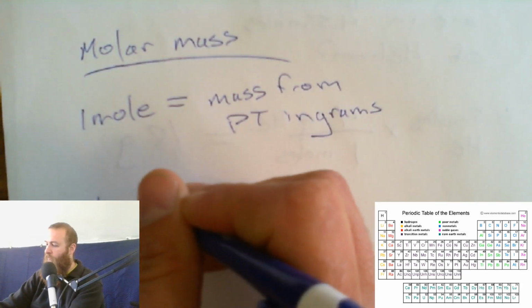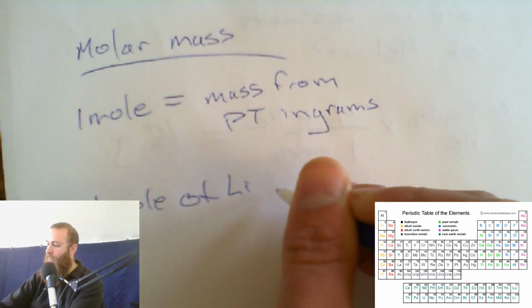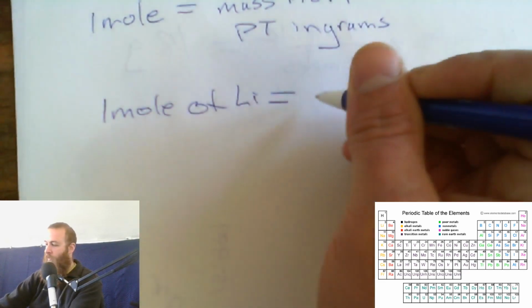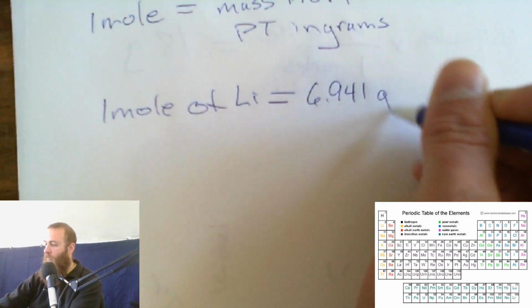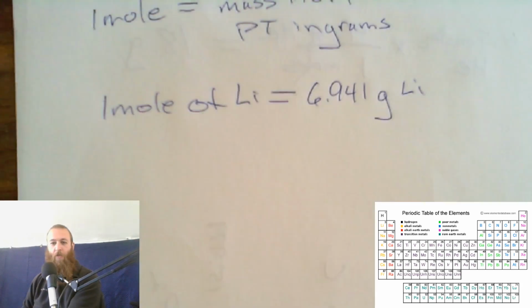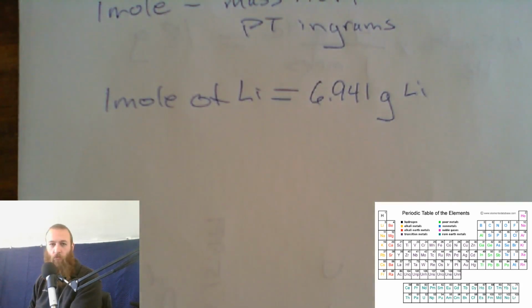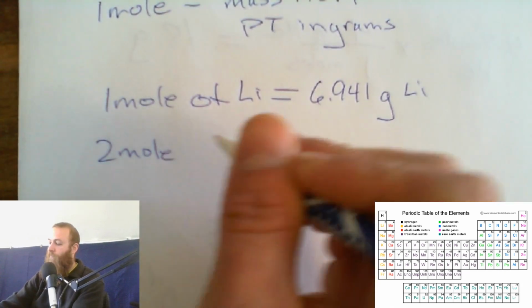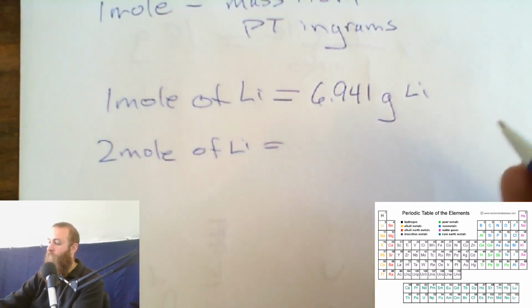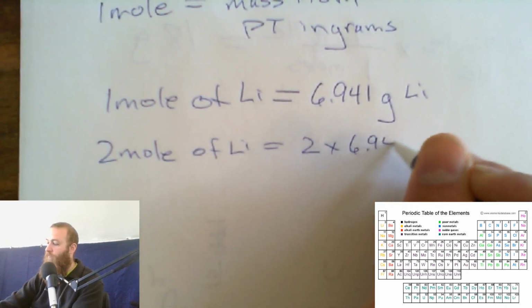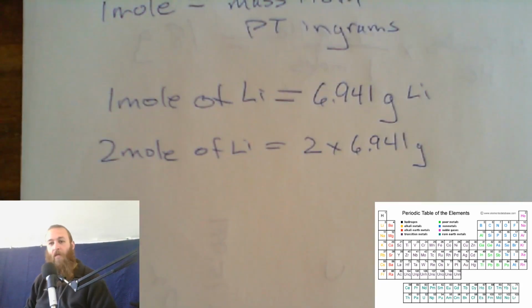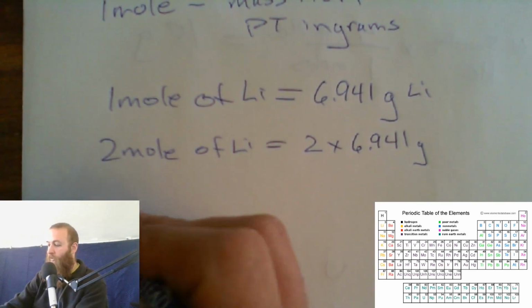1 mole of lithium would equal 6.941 grams of lithium. So depending on what you're doing in the lab, if you need 1 mole, you would go to the scale and you would mass out exactly as best as you could, 6.941 grams. Now let's say you needed 2 moles. You would just do that twice. Right? Now let's say you needed like 3.8, because we just did something like that, 3.8, just some random number. So 3.8 moles